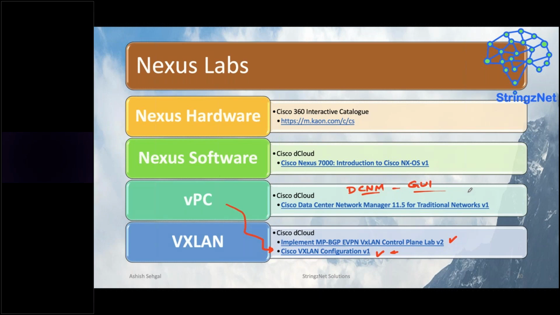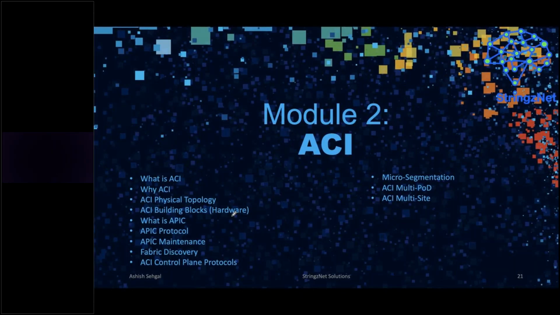This particular tool is called Data Center Network Manager. If you wish to configure your VPC with the help of the graphical user interface provided by DCNM, you can do so, which is way simpler, but we will be doing this lab using the CLI, our traditional way of configuring. And in VPC, we will make sure we have a server on one side and a server on the other side, and we establish reachability between them. ACI is the second module. In this module, we have